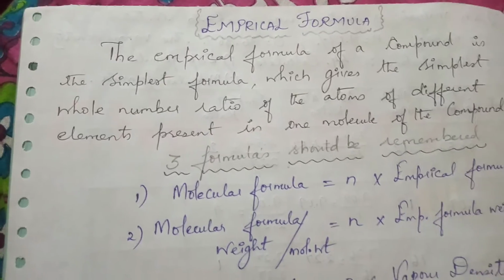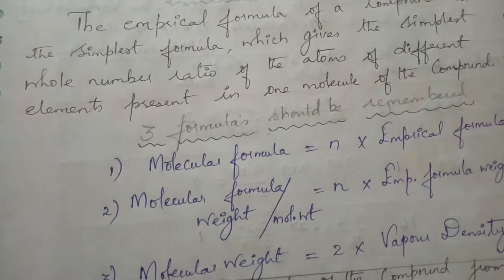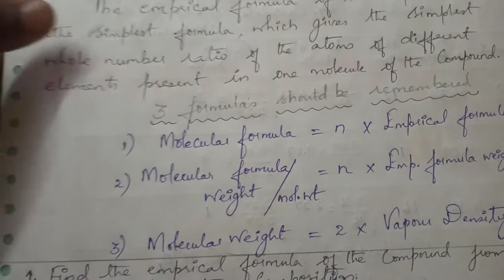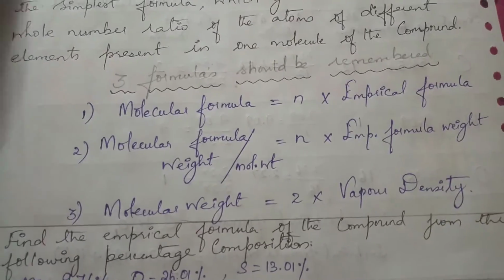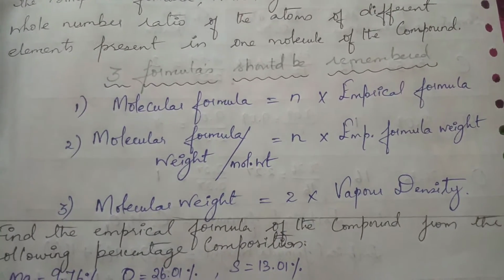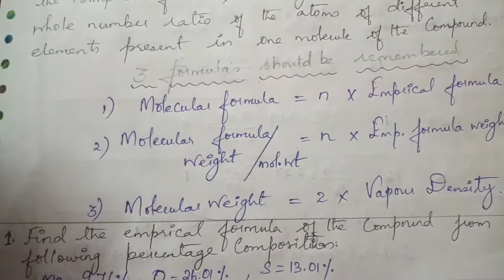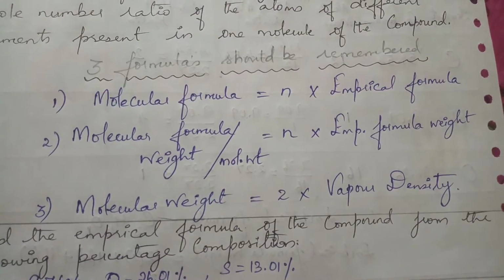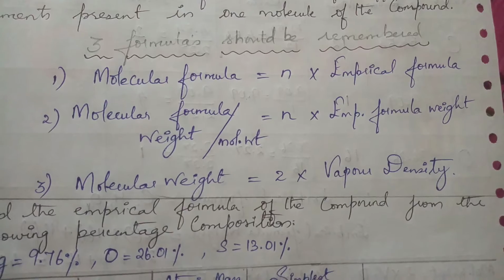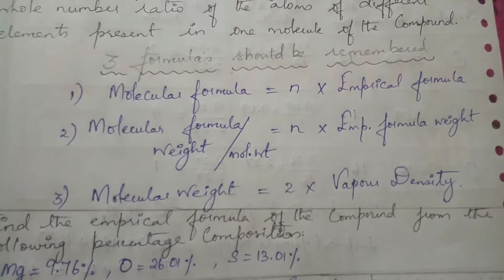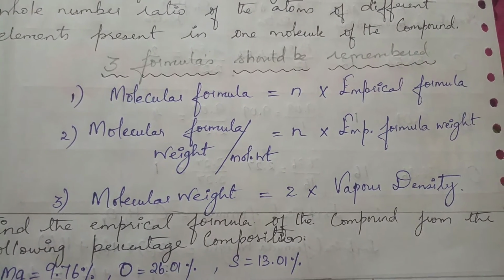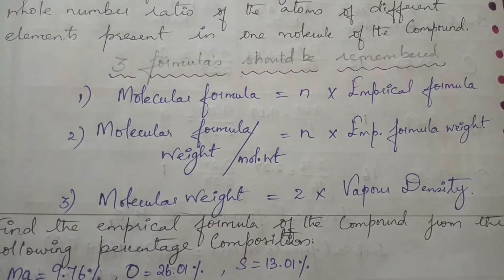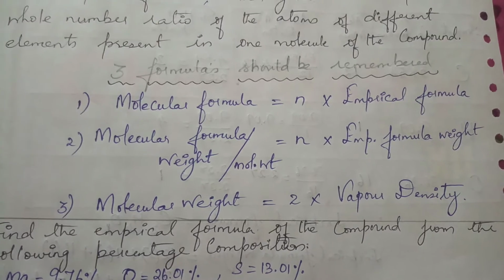Okay boys, right? Here we need to remember three major formulas when we discuss this empirical formula always. So what are the three major formulas we need to keep in mind when we do the calculation of empirical formula? Number one, molecular formula is equal to n into empirical formula, right? Molecular formula is equal to n into empirical formula. If you want to calculate molecular formula, the formula is molecular formula is equal to n into empirical formula,